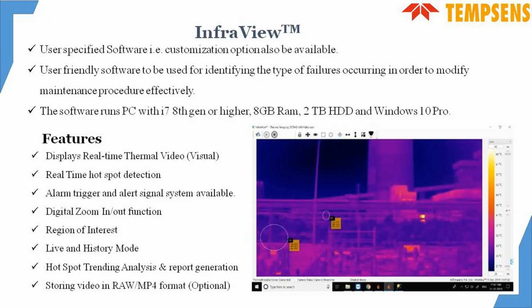InfraView software. We basically have software along with the camera which is completely customizable. You can customize it as per your norms. It is user-friendly software that runs on a PC with an i7 8th generation processor, 8 GB RAM, 2 TB hard disk, and Windows 10 Pro. It displays real-time thermal videos, real-time hotspot detection, alarm triggering and alert signals, digital zoom in and out function, and region of interest. You can create multiple options on it, with live and history mode,